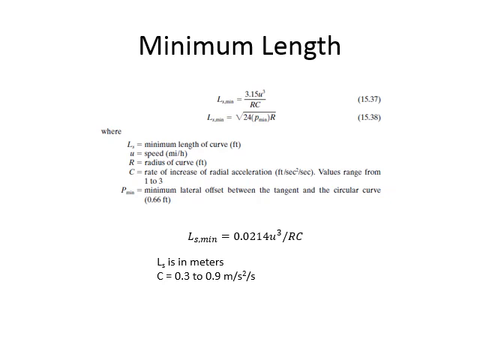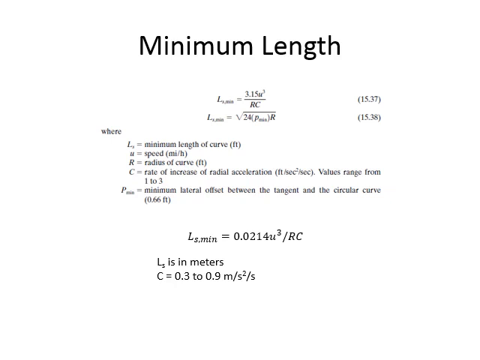The minimum length of the spiral or the transition curve can be calculated using these two equations. So we have the minimum length of the curve equals to this, where u is the velocity, speed, r is the radius which you want to achieve in the end, and c is the rate of increase of acceleration, and its value can change according to speed, but it has a range of 1 to 3 feet per second squared per second.